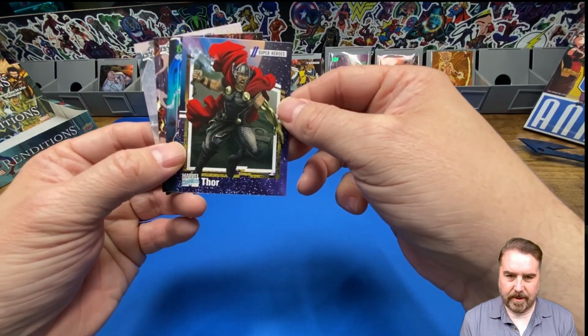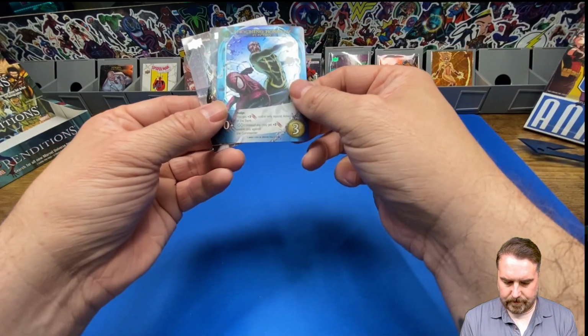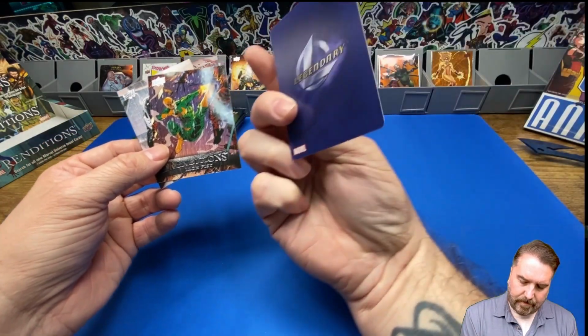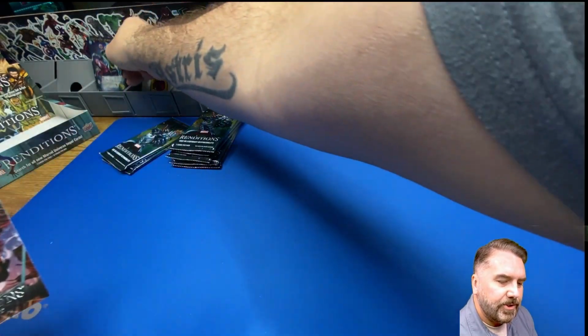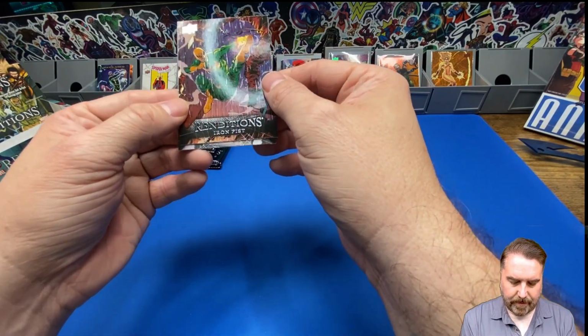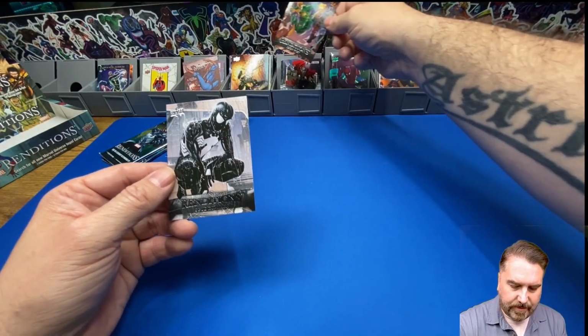Thor. Oh, got another trading card game one, it looks like. Yep. Yeah, I can appreciate the trading card games. I just never really got into them. Iron Fist. And then there's the...